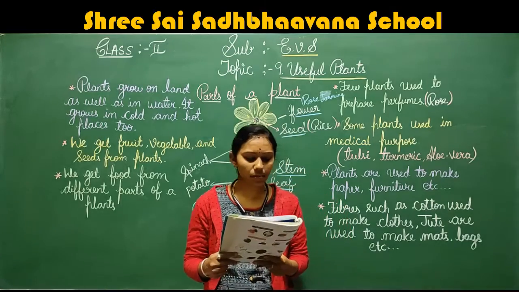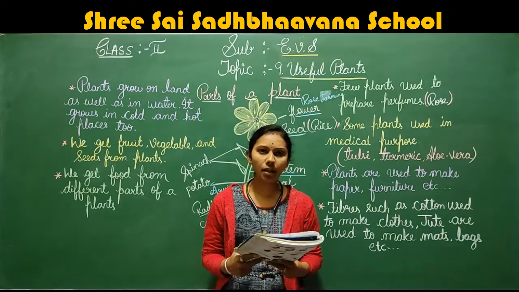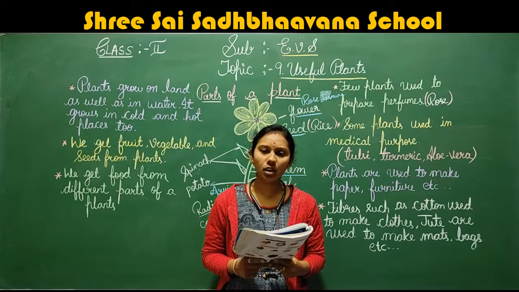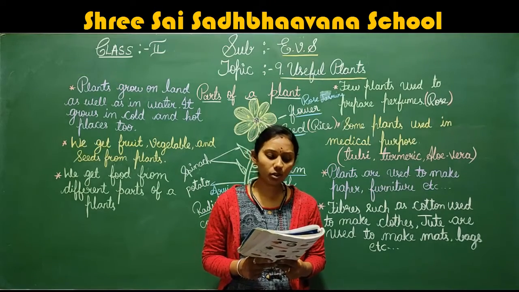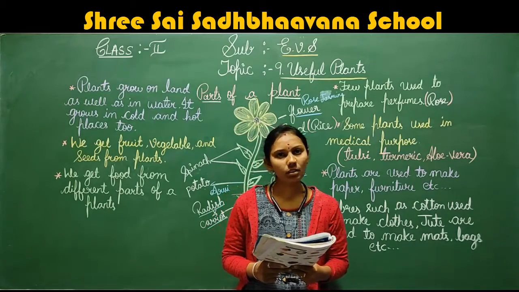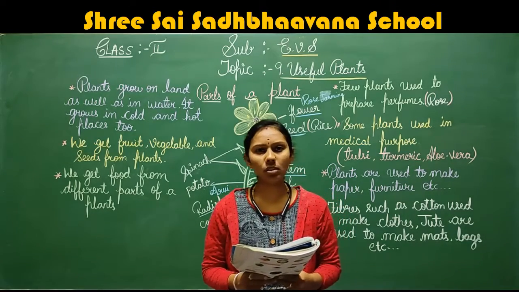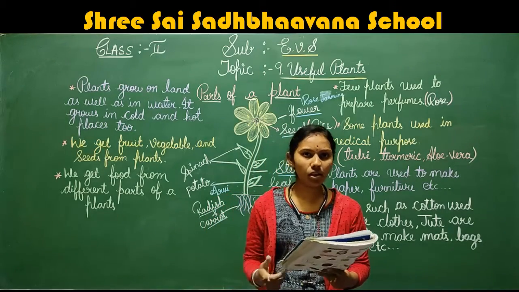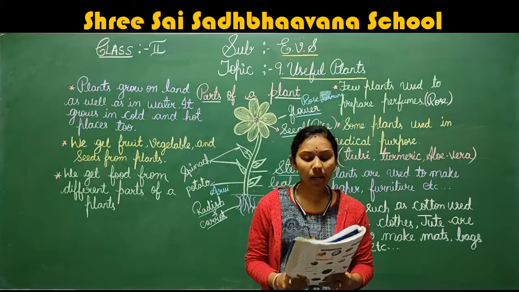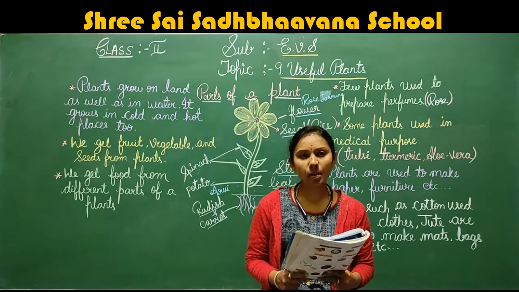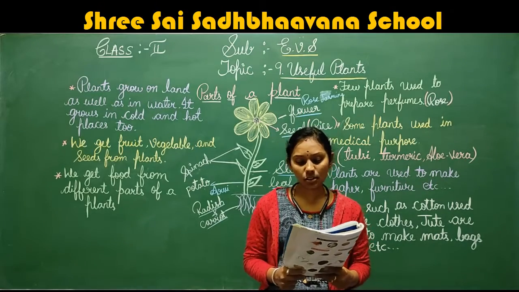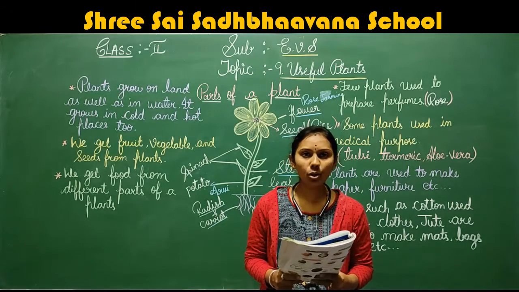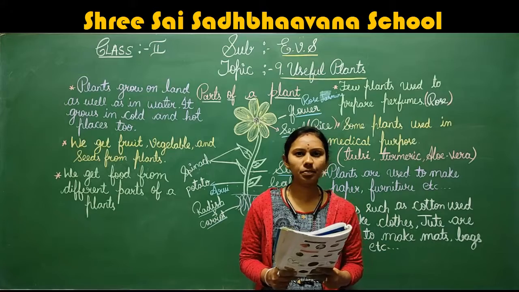So you can observe the picture there. Cotton plant. What is the color of the cotton? You can observe there, white color. What are we making from that cotton? Yes, it is cloth. Next, jute plant. Can you see the jute plant there? Yes, this jute plant is used to make sack, rope and mat, right?